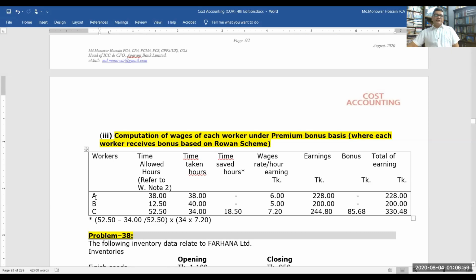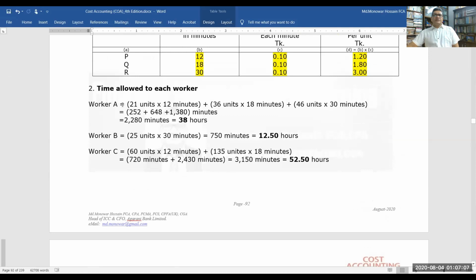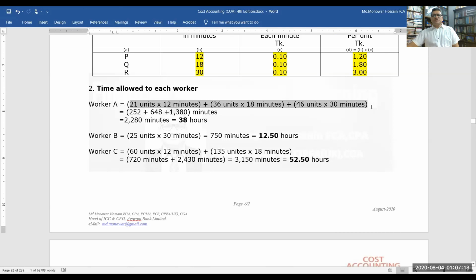So for workers A, B, C, the time allowed per hour we calculated in our note 2. Time allowed, look here, for worker A, 3 units he produced in 3 defined units, that means 21 units of